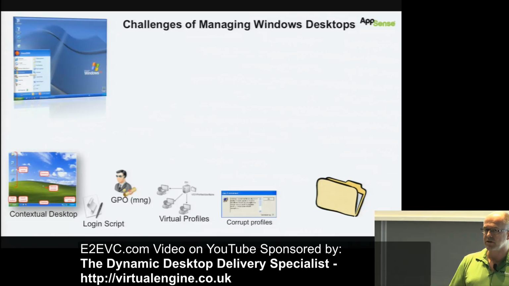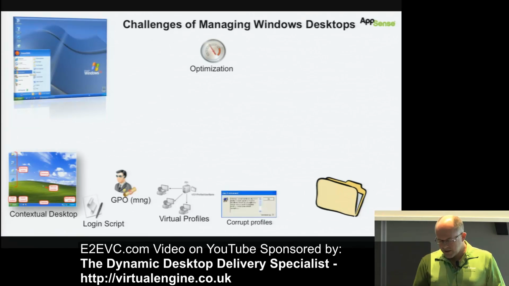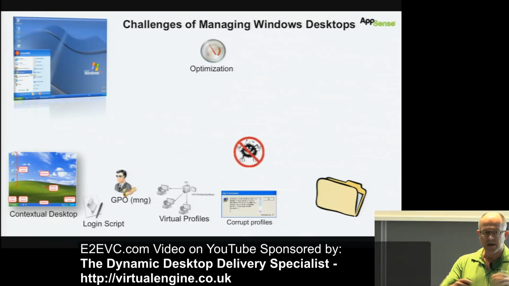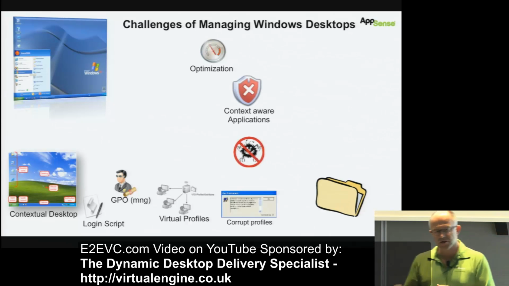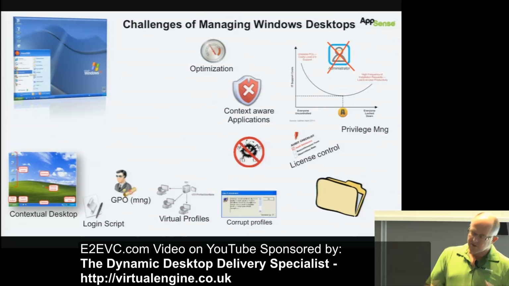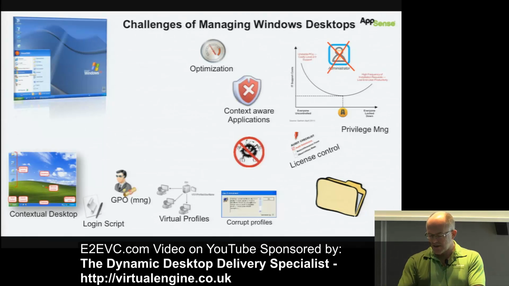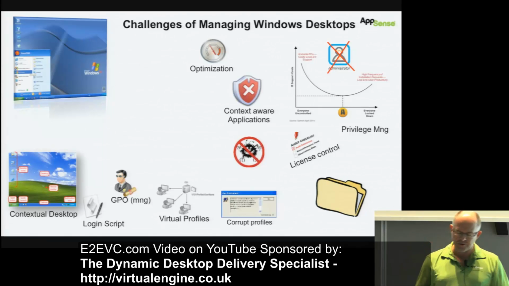How do you make sure that all the data from the users are following them all over? How do you optimize the platform? And also lockdown, how do you manage the security around this? How can you make applications context aware so the application changes behavior depending on where the user is, how he's accessing the application and things like that? And how do you be license compliant? And last but not least, privilege management. How can you lock down the desktop, remove all the user privilege from the user and still elevate